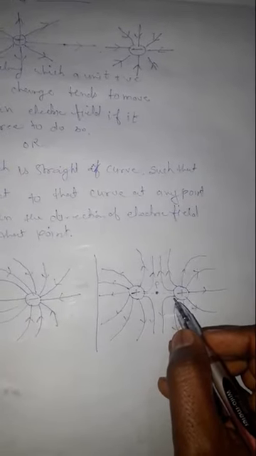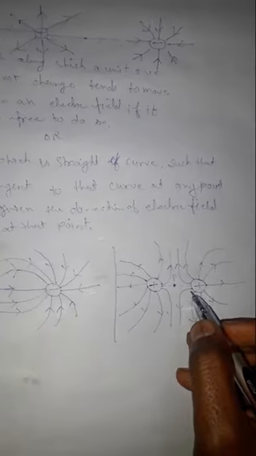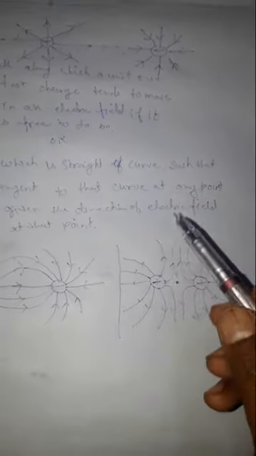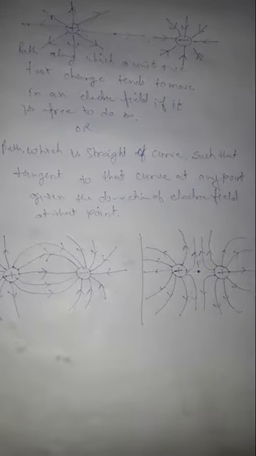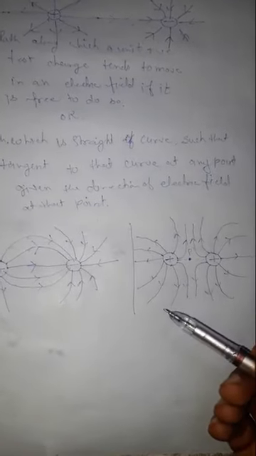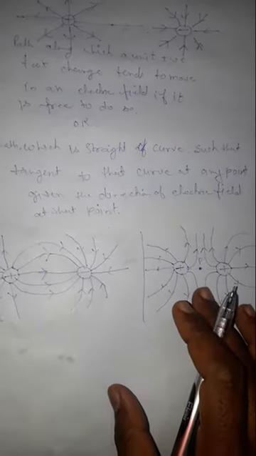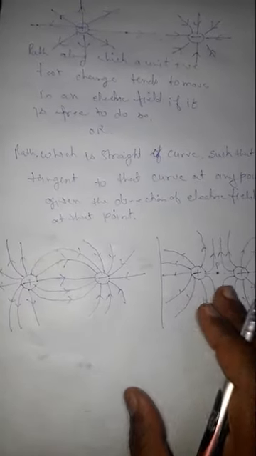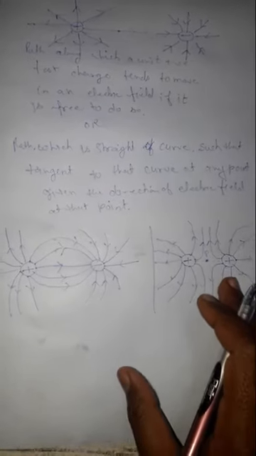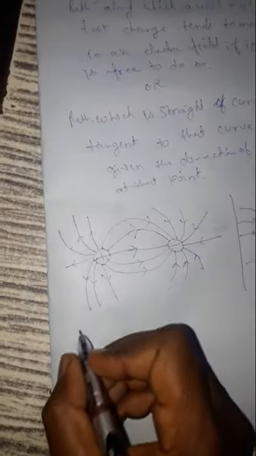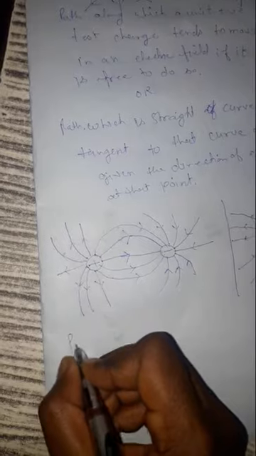So basically we know from this article that electric field is represented with the help of electric field lines. So that's all about electric field lines. Now there are certain properties of the electric field lines, and these properties are, say, first one is